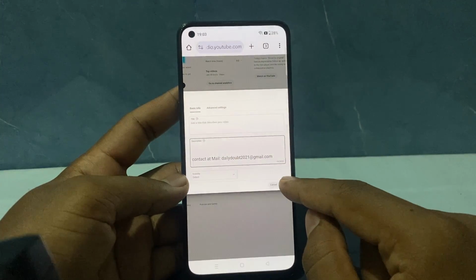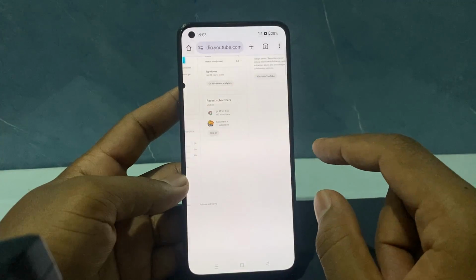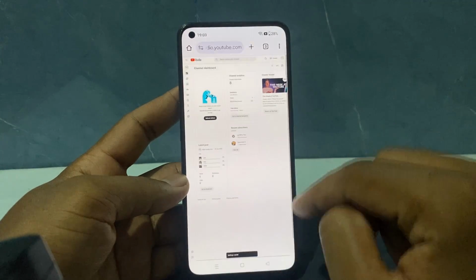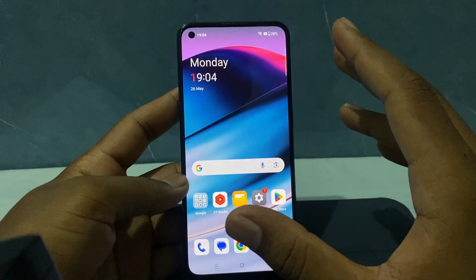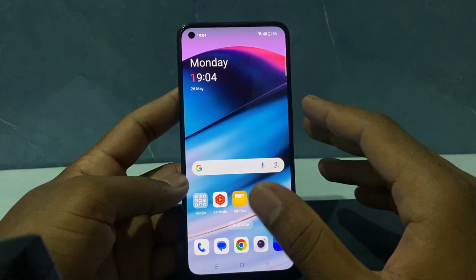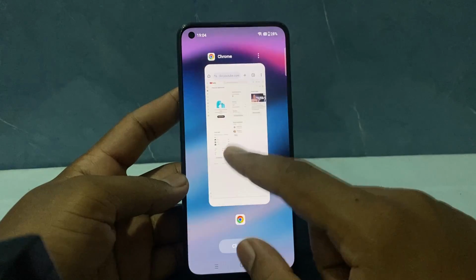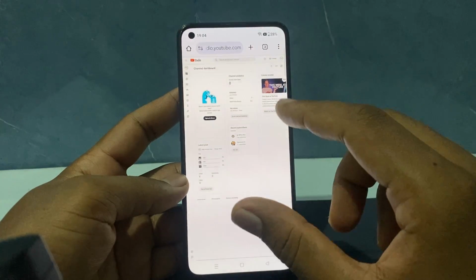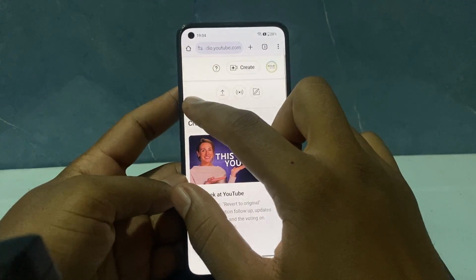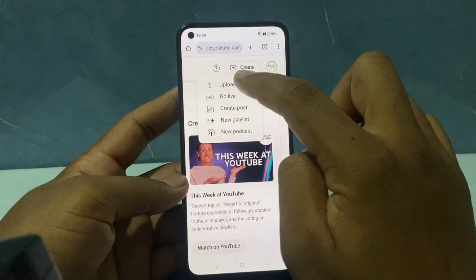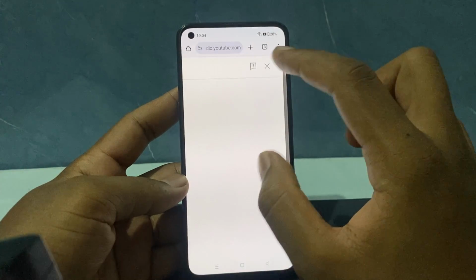Then click save. That's it, it's changed now. After this, if you want to upload a video on mobile, you need to open this web version of YouTube Studio and here zoom like this and click create, upload video or short, anything,